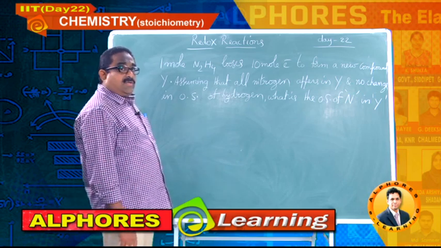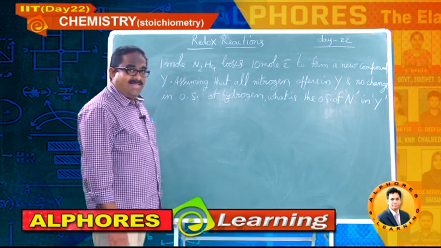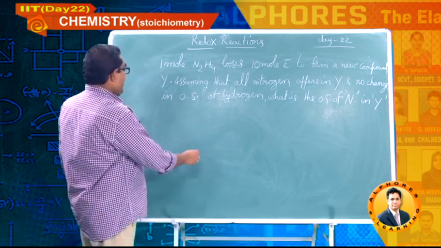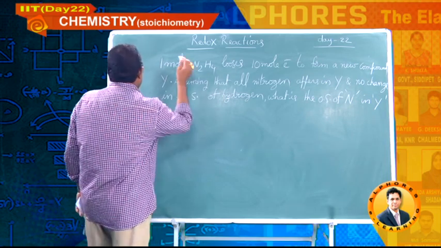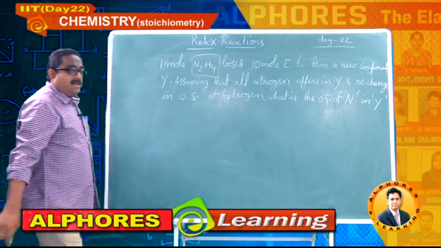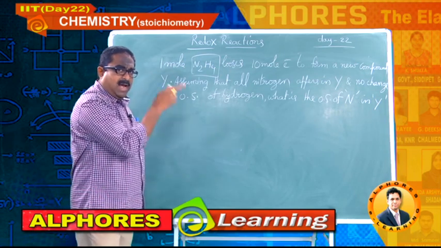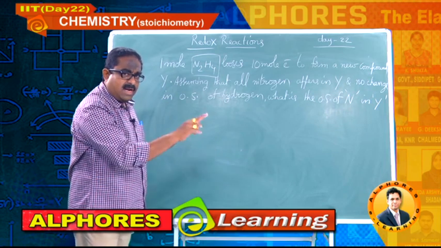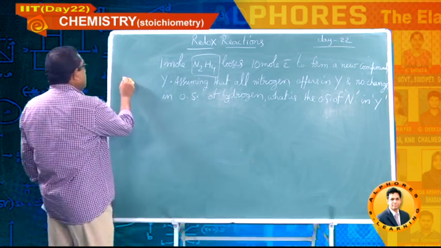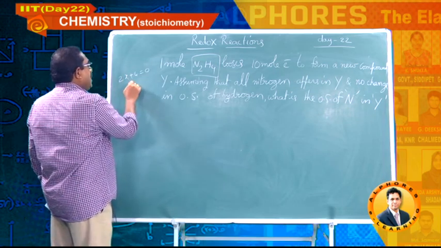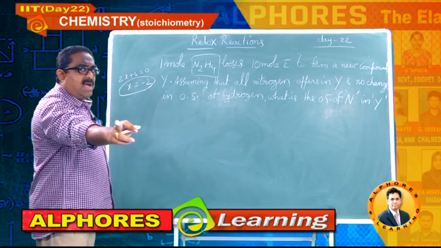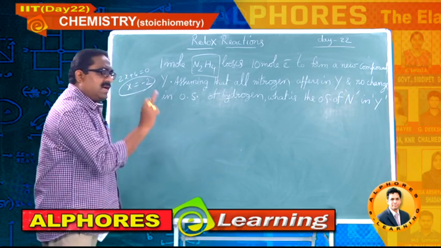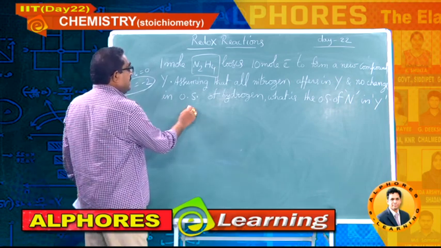Okay, students, let me explain this. It's a previous IIT question. Let me calculate the oxidation state of nitrogen. Both the nitrogens are same. Already I have discussed this with you in the previous sessions. Average as well as individual oxidation state of both the nitrogens is -2 only. Let me calculate: 2x plus 4 equals 0, x equals -2. Even if you go for individual oxidation states, both the nitrogens are -2.